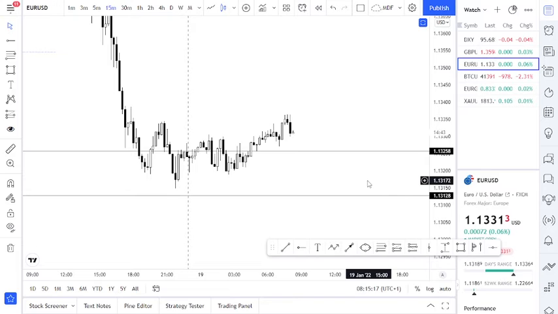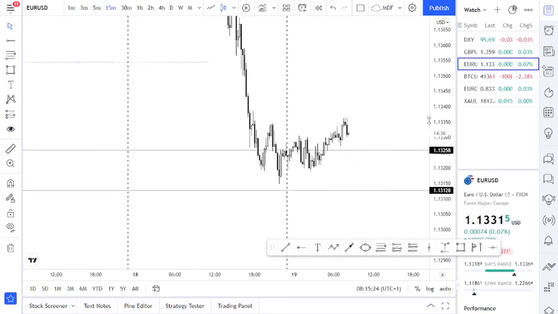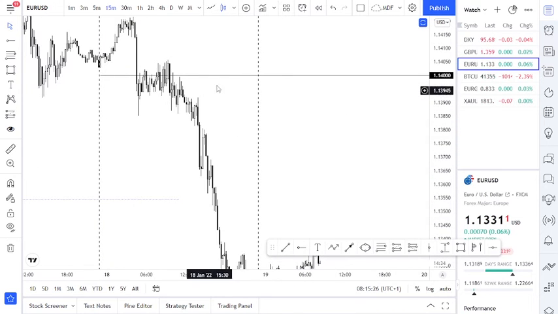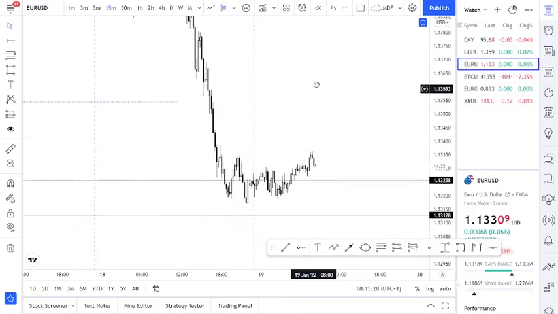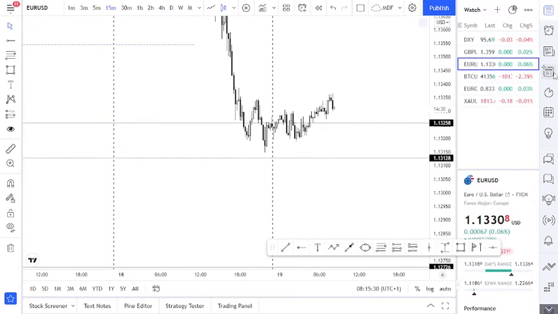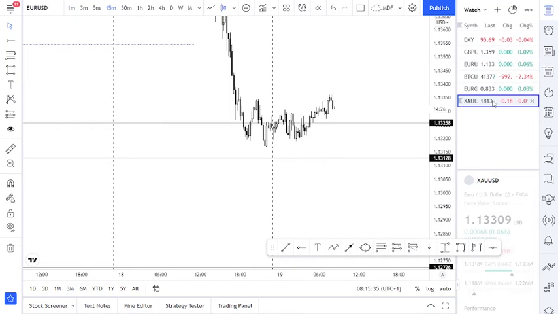Both GU and EU are just kind of choppy. So let's see if the volatility will come into the market. But just understand that Euro USD needs to buy. It needs to buy to come back to somewhere around this region for us to be able to see a short entry. So that's just it about Euro USD. So let's look at gold.